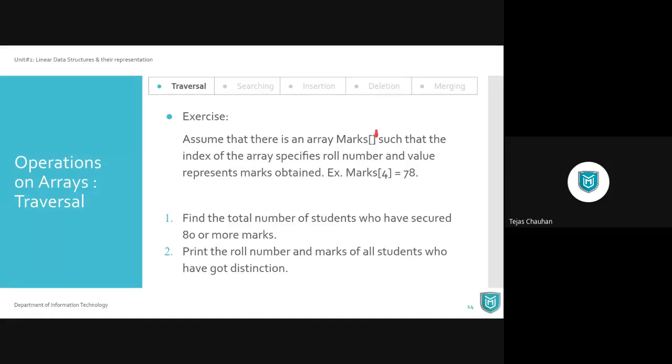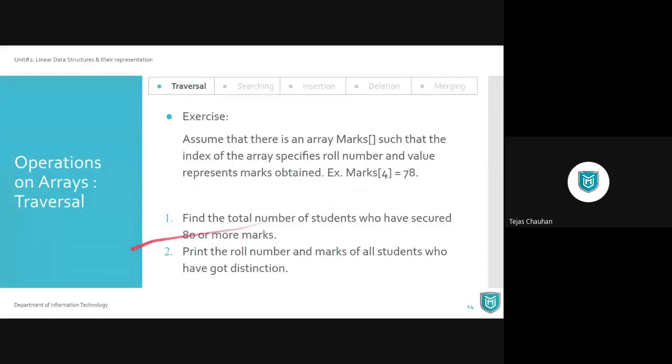When you use index values, you can have, let's say, marks of 4 equals 78. This is how you can access your elements. Let's say the index number is the roll number of the student. If you have 60 students in a class, then this marks array needs to be of size 60. The value of that element is the total marks obtained by that student. That's the setup you have been given already.